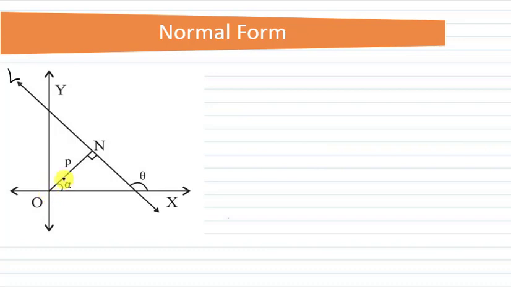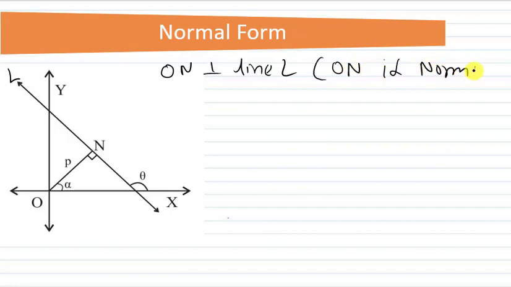And if I draw a perpendicular, that is the normal, from origin to this line. Here you can see ON is normal to line L because it is making a 90-degree angle, right? So here ON is perpendicular to line L. That means ON is normal,